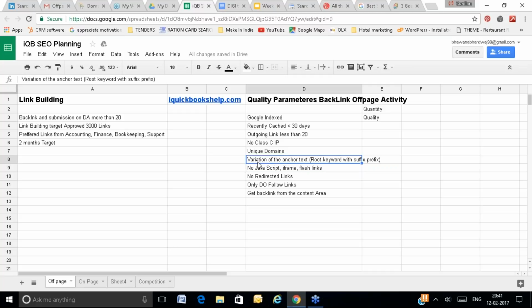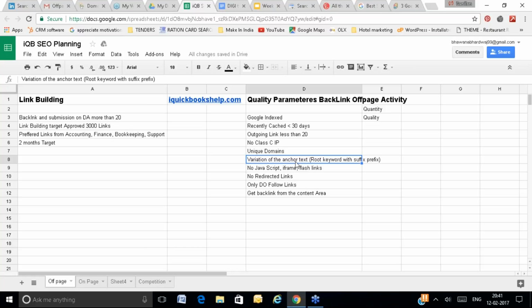And whenever you are taking a backlink, you will take a link on variation text. If your root word is digital marketing course, then don't take all the links on the keyword digital marketing course.